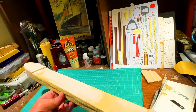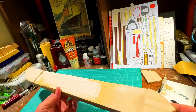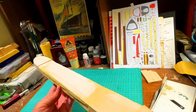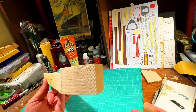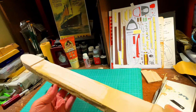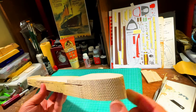But don't look now, but the Edmund Fitzgerald, the bow, the stern, the midship, the hull, this is the hull. Everything is shaped now. So from now on, everything is going to be detail work. We're going to start to sand it down, and we're going to bring it down to make her a little more graceful, because you know the ship herself, she's not just a box. I know that's what she looks like when she's floating, especially when she's fully loaded, but she's very, very graceful beneath the waterline. So that's what we're going to do. We're going to bring it down. She's only got one propeller,